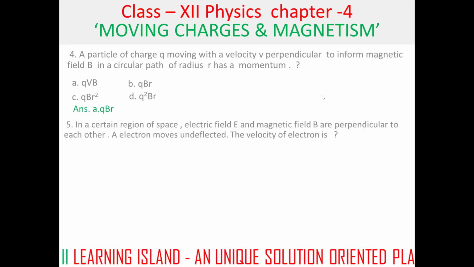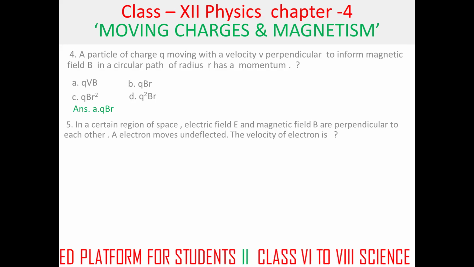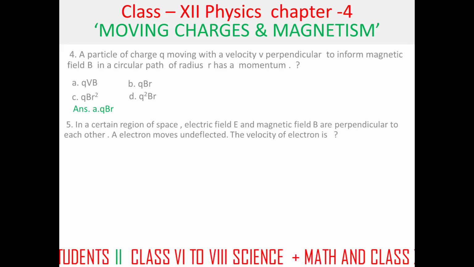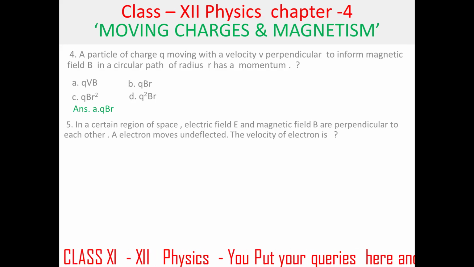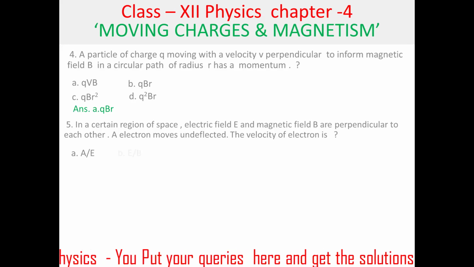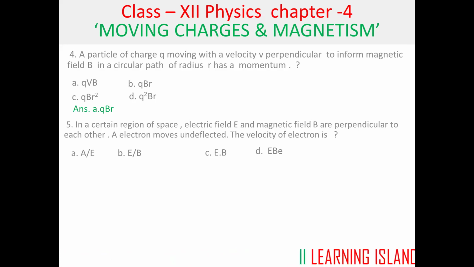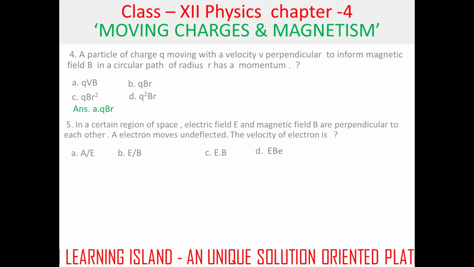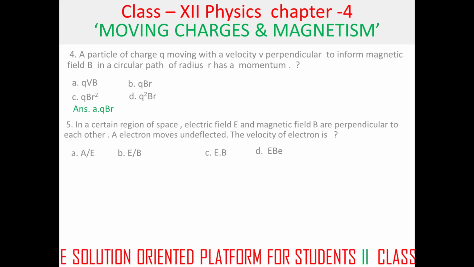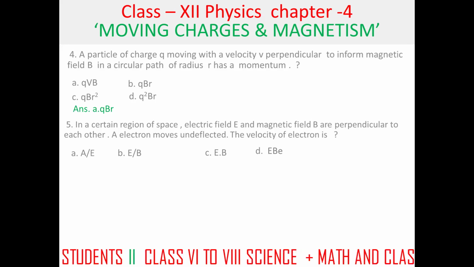Next question. In a certain region of space, electric field E and magnetic field B are perpendicular to each other. An electron moves undeflected. The velocity of electron is, see here, velocity of electron. In a certain region of space, electric field E and magnetic field B are perpendicular to each other. An electron moves undeflected. The velocity of electron is,